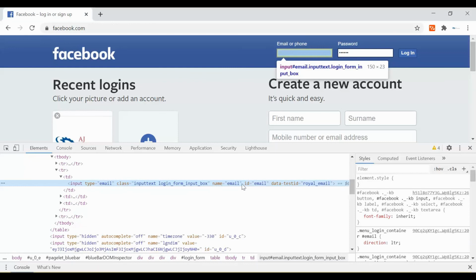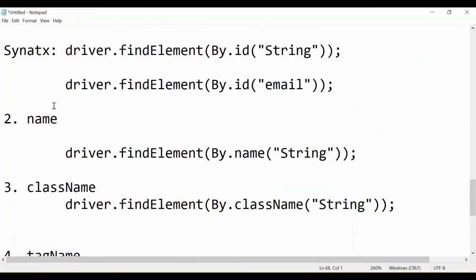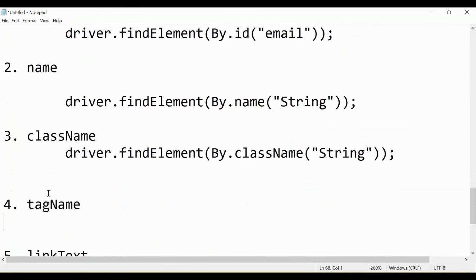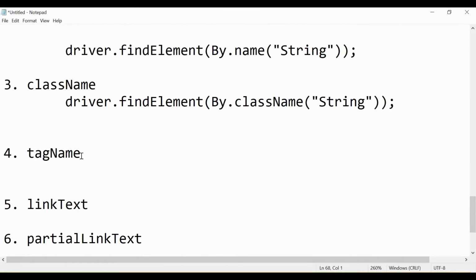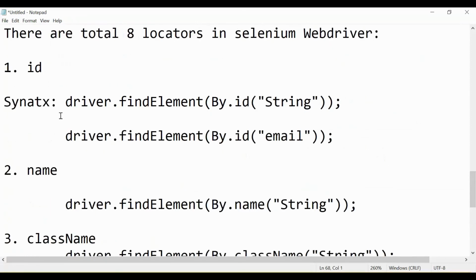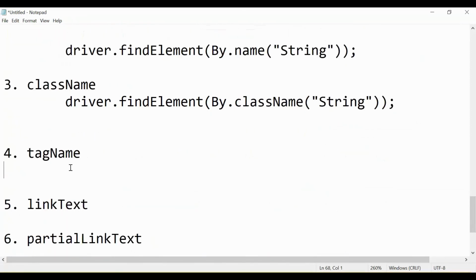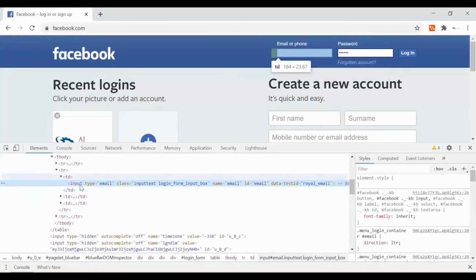So how are we going to find a web element which does not have one of these attributes, id, name, class name? The first three are attributes as I said, and tag name, I will show you what the tag name is. You can see here the input tag. Each and every field will have some tag name, and according to the tag name we will be able to find that web element.